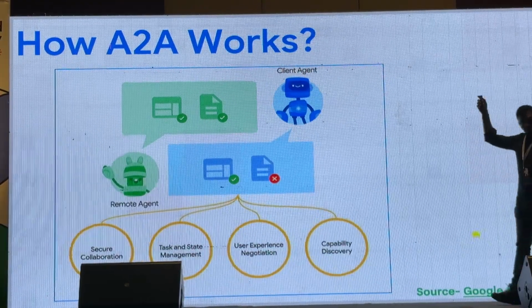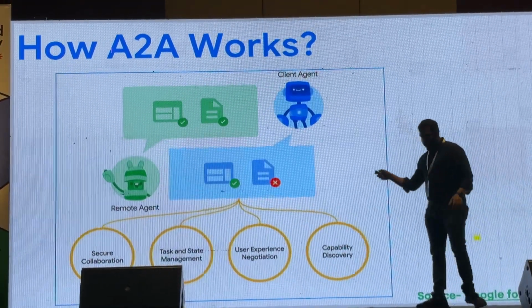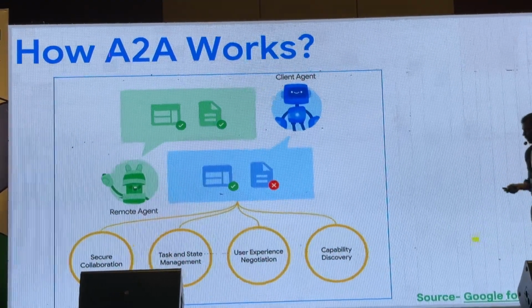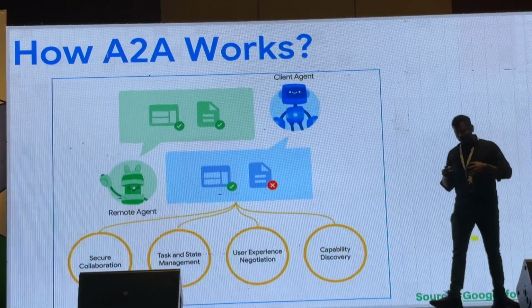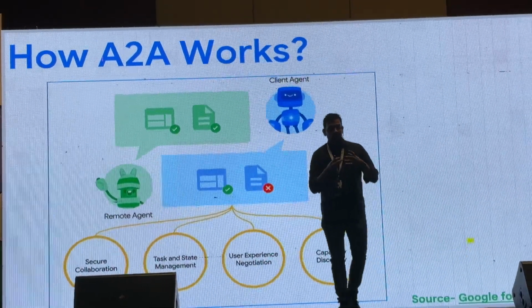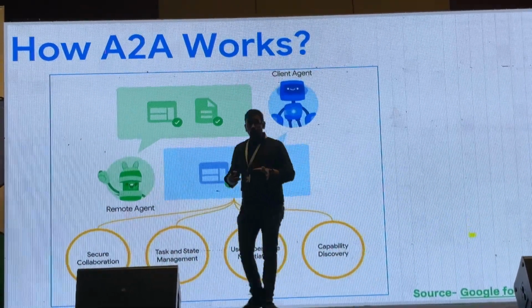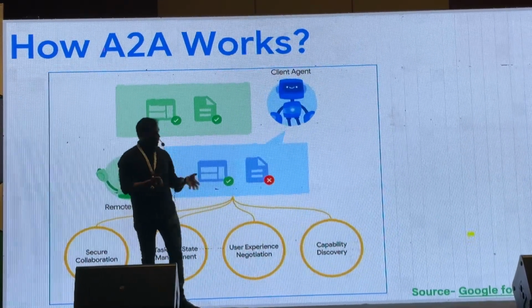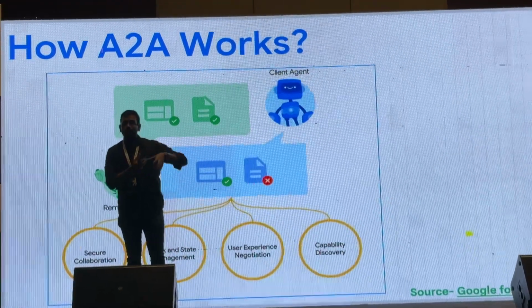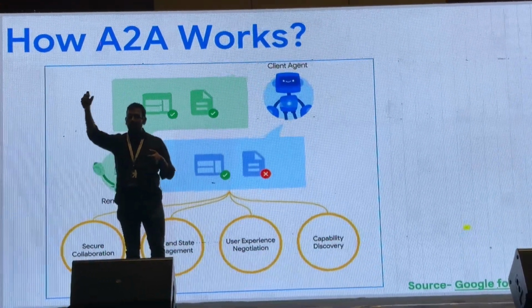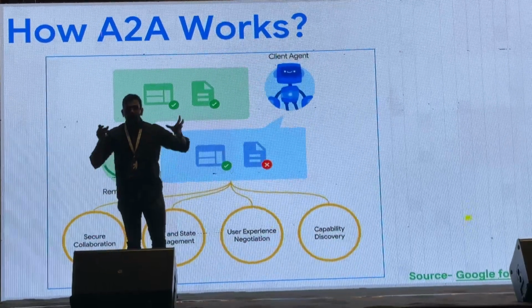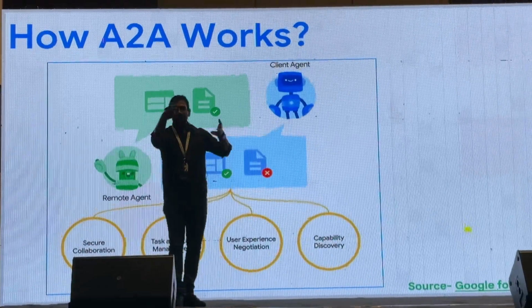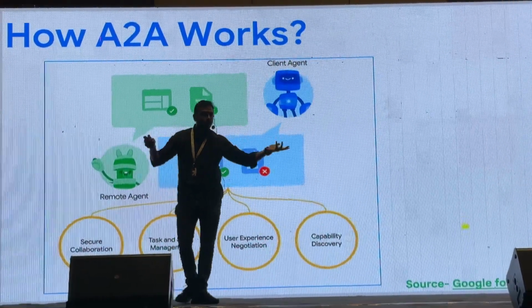But in order to work at a high level, there are certain key features that help in driving A2A more aggressively. Secure collaboration. So as I mentioned, when you are talking with different agents, the collaboration is purely secure. You might be wondering, Kalyana, I'm trying to reach out to a third-party vendor. How secure is my communication? Because A2A has a standard protocol, the communication that you are doing with a third-party vendor or any third-party application is pretty much secure. For example, right now I'm talking to you. When I ask something, you are responding to me. It's something that we are talking to each other about, right?